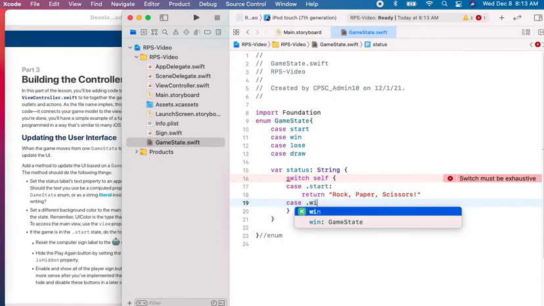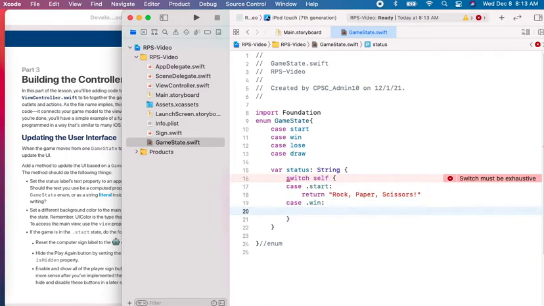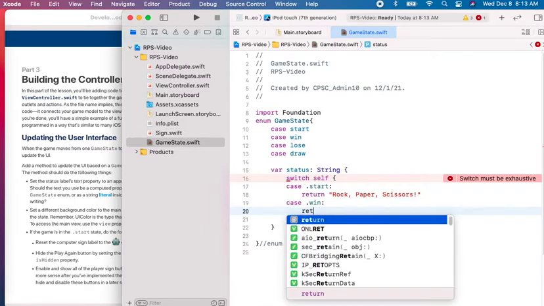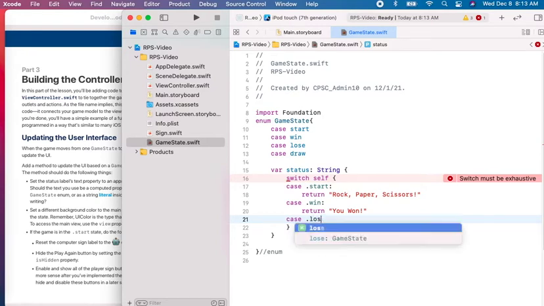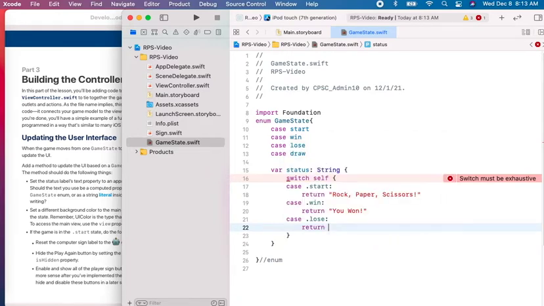When we have a win game state status, we want to return to that label, you won. If they lose, we want to return, you lose. And of course we're getting this switch must be exhaustive because up here it recognizes that our enum